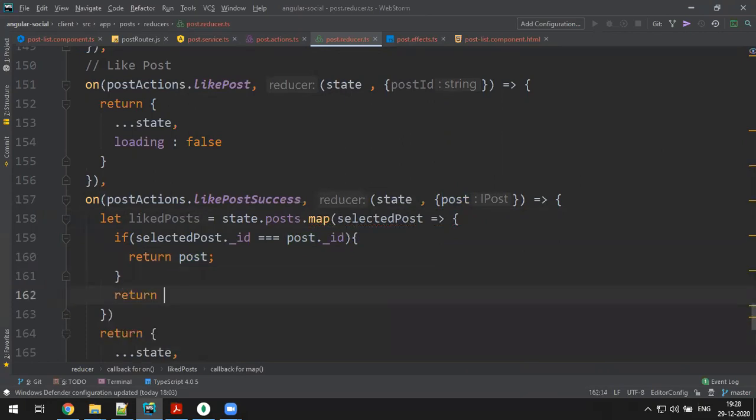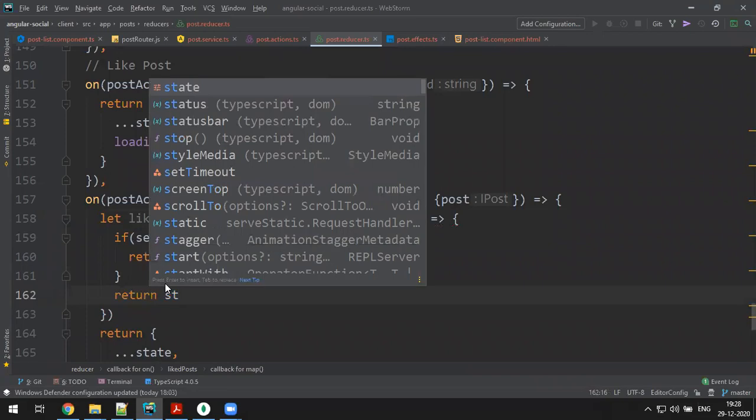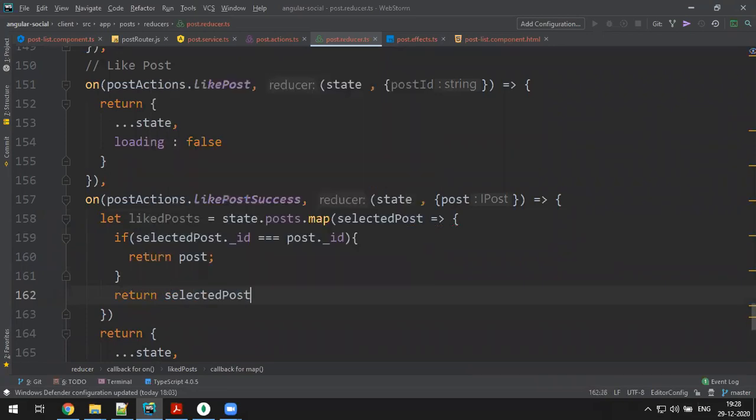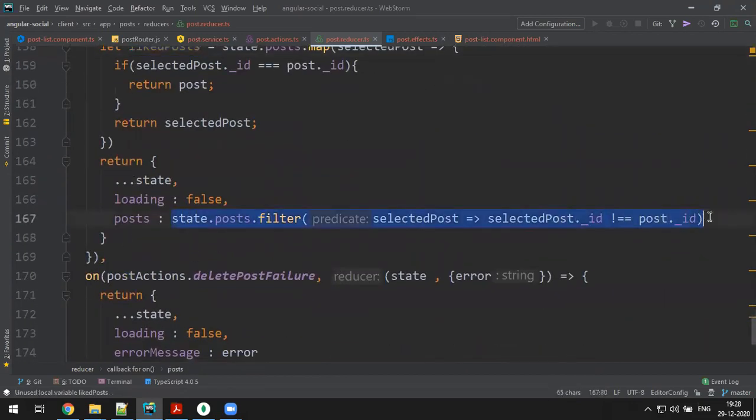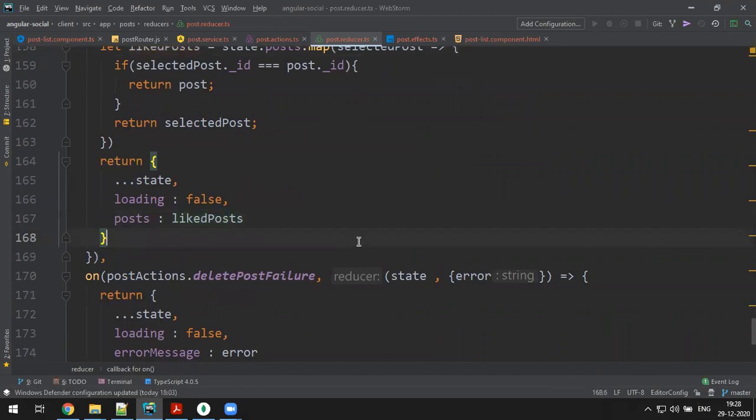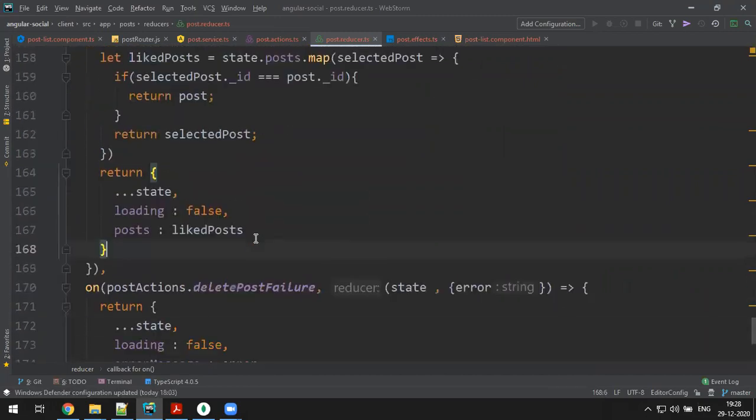If not, just keep the post as it is, the existing selected post as it is. If it matches, get the new post, otherwise the existing post only returns back. I get all the liked posts, so all the liked posts I keep here. Okay, that's very happy. Fine.